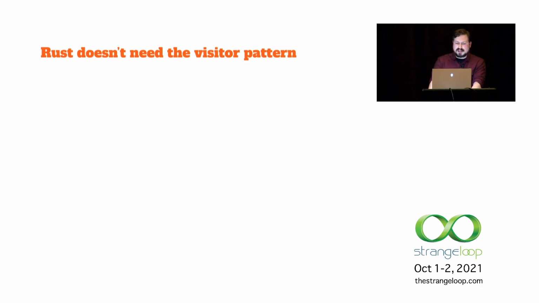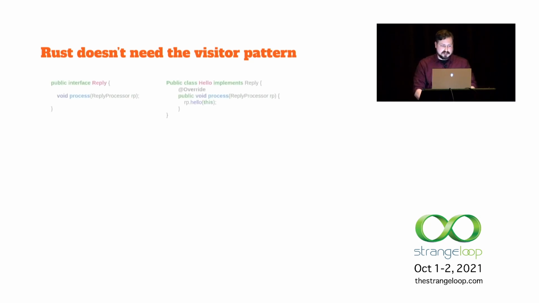The next interesting thing that we encountered was that Rust just doesn't need the visitor pattern. It's all over the place in our Java code. To understand, consider when you're doing request reply. It's very straightforward because you end up with a bunch of different types and you have something that has an interface and you say, okay, well now I need to process these. But your processing code is almost certainly type specific. So you end up writing something like this where you have this reply processor and then for each of your possible replies, you have a method that is a one-liner that just calls an overloaded method on the object that was passed into it. So this is definitely not ideal, but it is what you sort of live with in Java